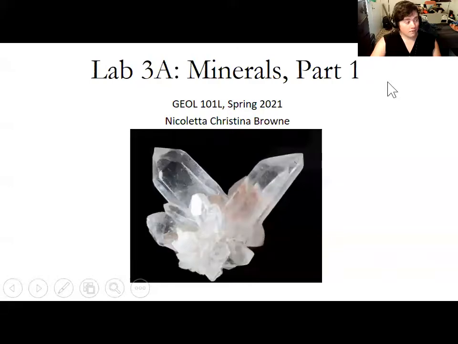And we are recording. So today we'll be doing the first two labs on minerals, and today's exercises focus a lot more on general identification of minerals and basic diagnostic properties. Next week's lab deals with some minerals that have special properties, like those that are magnetic or those that dissolve in acid, as well as with some of the specific minerals that show up in igneous rocks, because we move